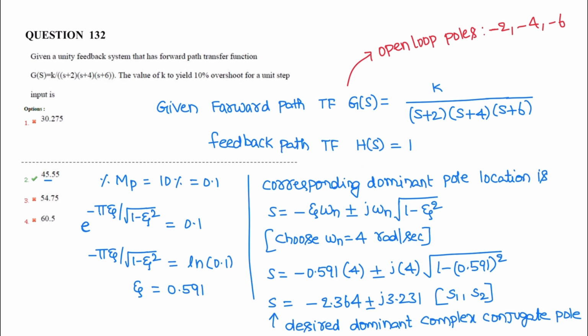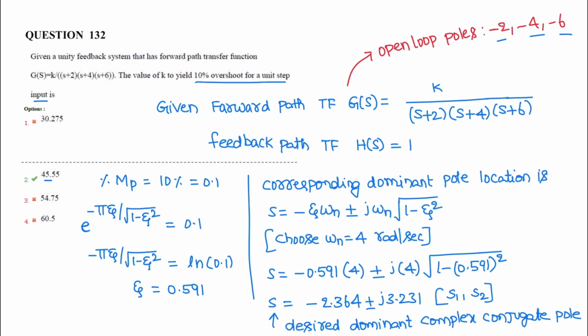Next question. Given the forward path transfer function G of s is equal to k by s plus 2, s plus 4, s plus 6. So the open loop poles are at minus 2, minus 4 and minus 6. And the feedback path transfer function H of s is equal to 1. Also given, the value of k to yield 10% overshoot for a unit step input is